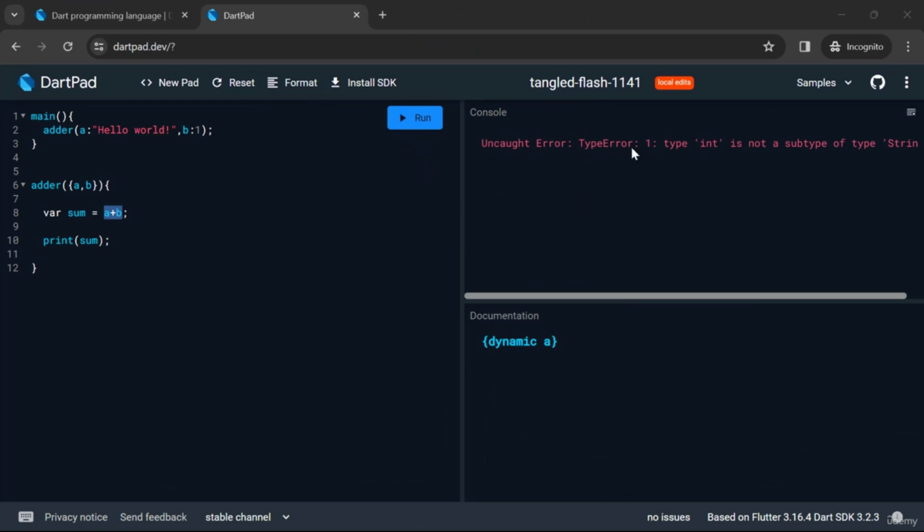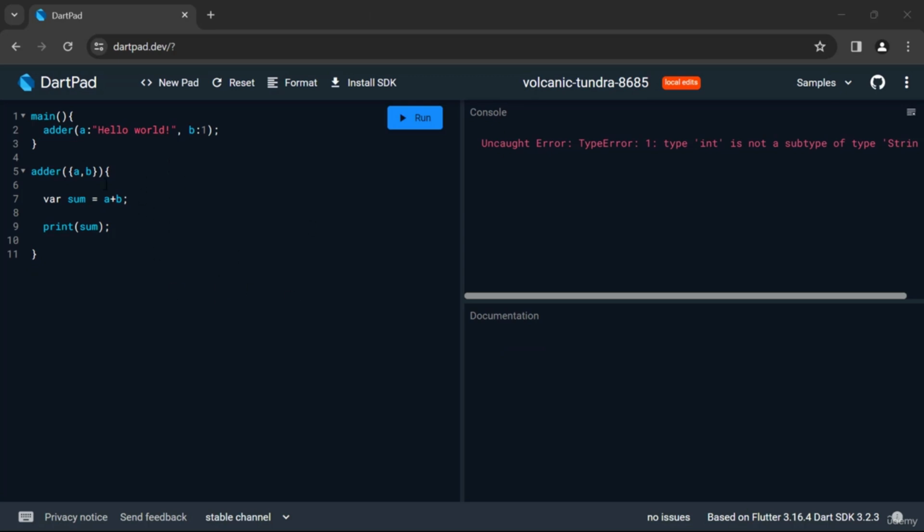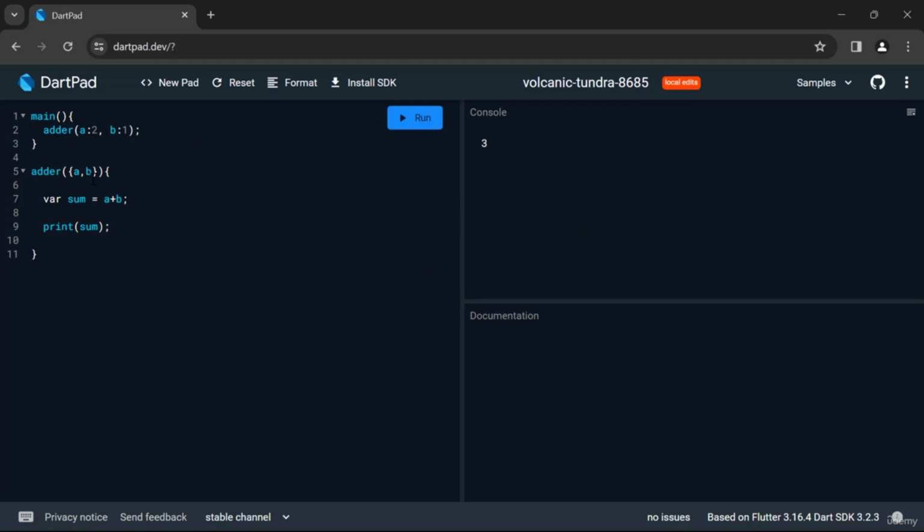So the best way to do this is to leverage the full capacity of the type checker of Dart. And how can we do so? By providing the data type of variables. So let me show you how this can be done. So now instead of writing the string, let me provide a number over here so that everything runs fine, right? Now instead of just declaring the variable name over here, we will be providing the data type for that variable. So a is of data type number, so right before this a we will be writing number and then space